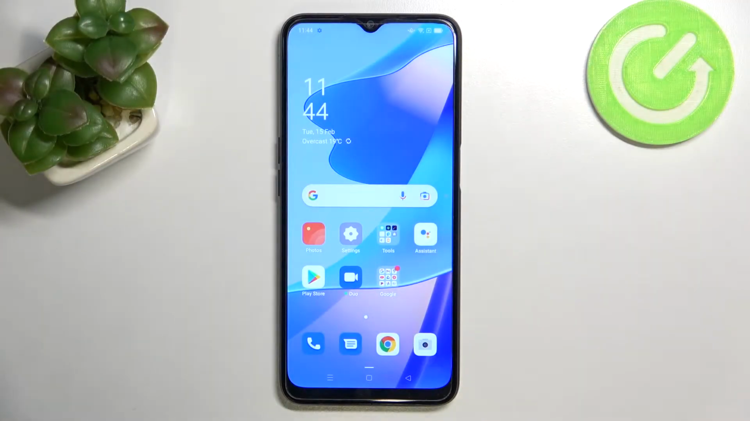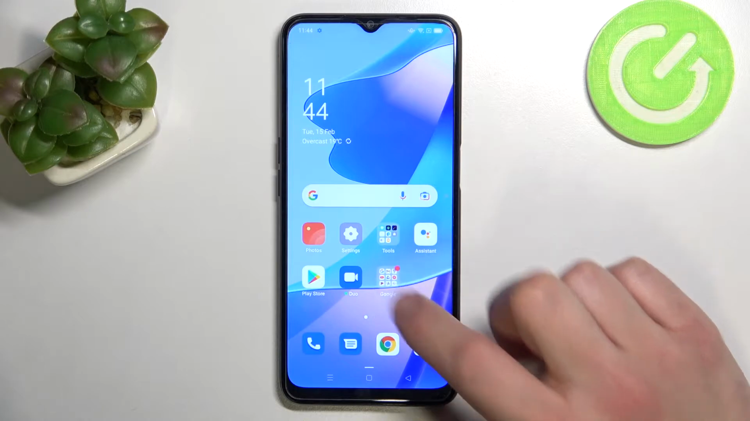Hello, in front of me I've got Oppo A16. In this video I'll show you how to add different types of cards to Google Pay. In the beginning, let's enter Google Pay